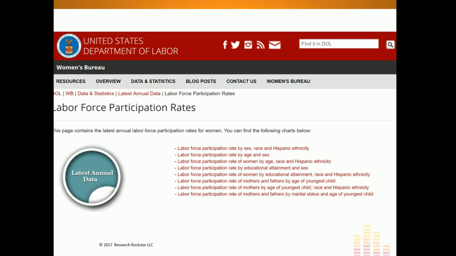So the Department of Labor, the United States Department of Labor, has a lot of different resources, a lot of different data and statistics. For example, you can look at their Women's Bureau, so specifically the Department of Labor's data related to women in the workforce. They have a lot of great data about participation in the labor force by age, by gender, by educational level, and by parent status, whether or not they have children. So again, the Department of Labor has some amazing free statistics that are very easy to access.